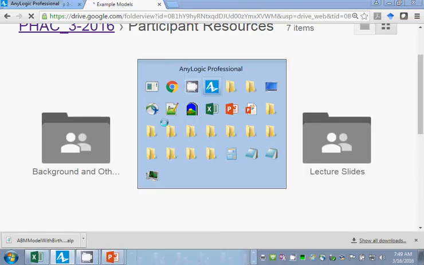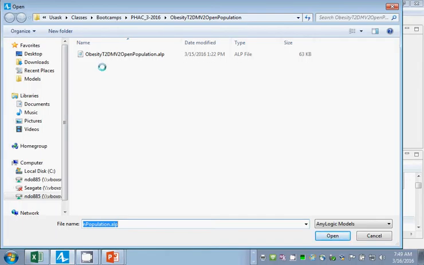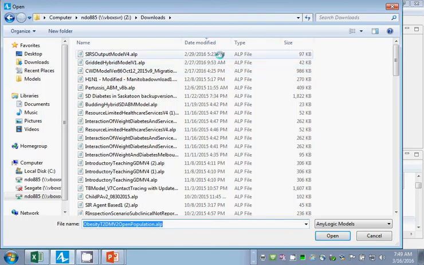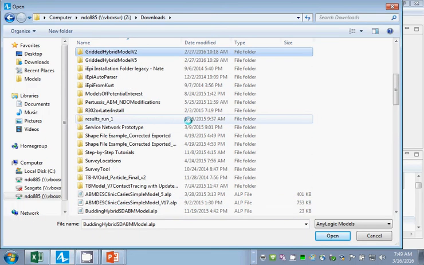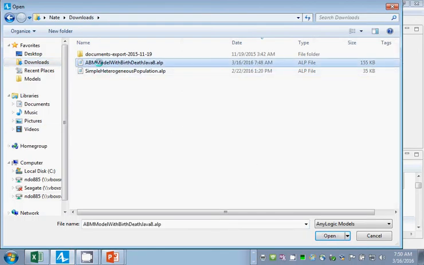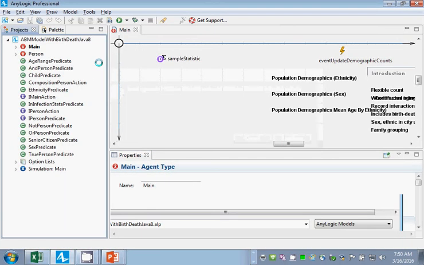So I'm going to open this up. I'll go to my downloads and pretend I'm accessing it here. Okay. So ABM model birth death, ABM. Oh, okay. Oh, I downloaded to my Windows. Okay, fine. Right. My Windows downloads folder. Here we go. Boom. I'm going to open it up. Now, thank you, Winchell, for circulating. This model,